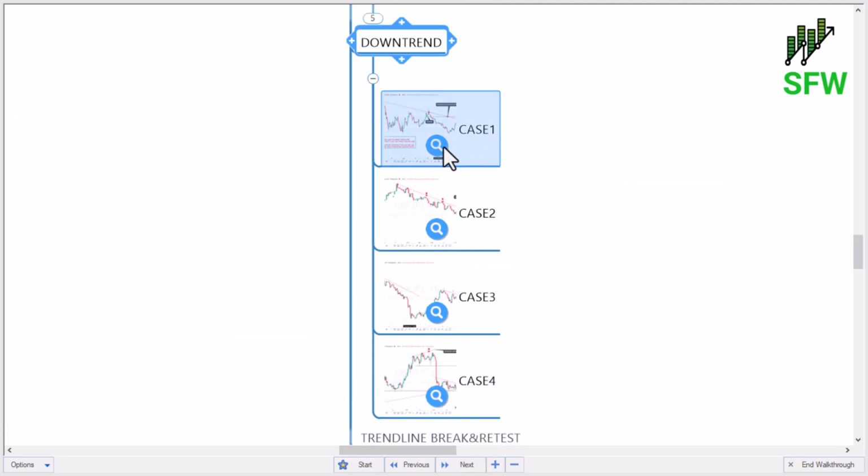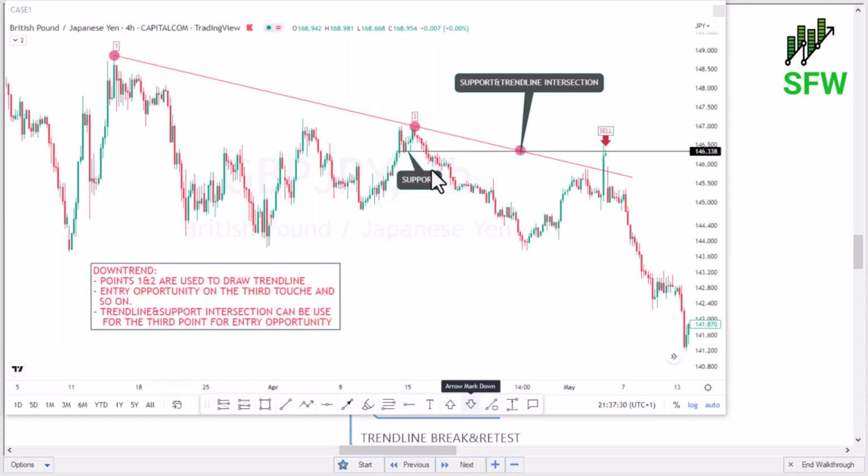Next, in a downtrend, you always make sure you connect two highs, point 1, point 2, in order to establish your trend line. After that has been accomplished, you wait for the third touch on the trend line. Okay, but